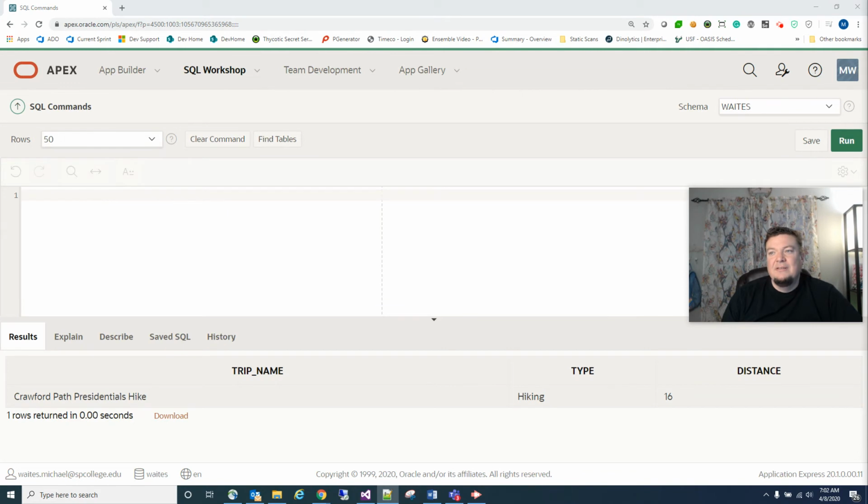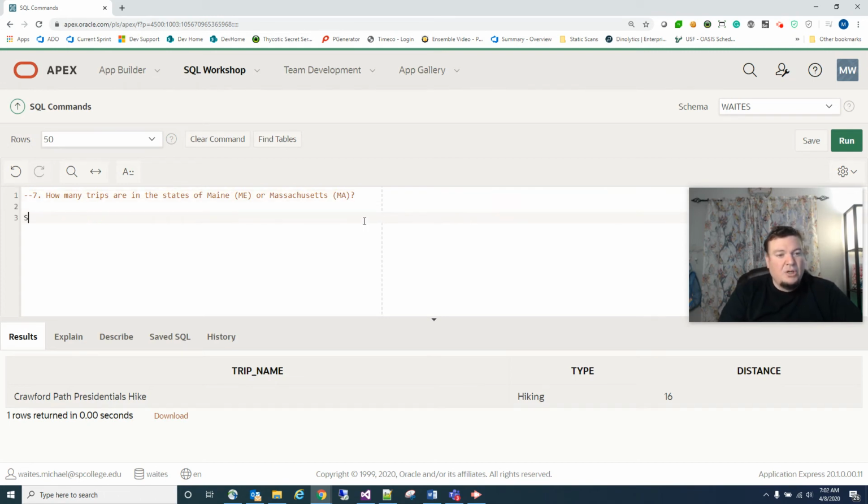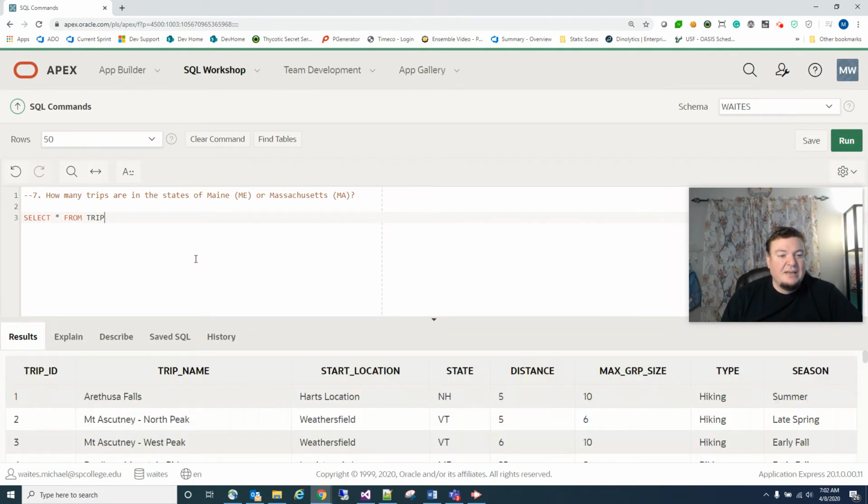Let's jump into number 7. How many trips are in the state of Maine or Massachusetts? So we're going to go with the fact that it's saying how many trips. Let's see if we're in the right ballpark here. And that is select star from trip. So we have trips, yeah, and are in the states of Maine and Massachusetts. And we definitely have the states in this column. So let's go ahead and say select star from where state